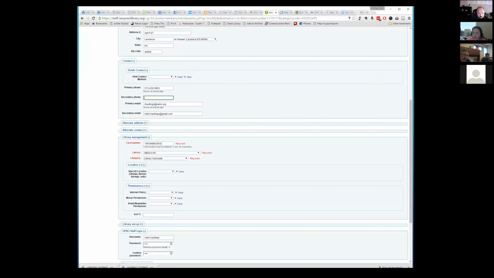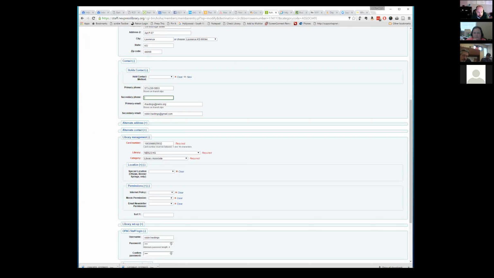But for you, because you are an associate card type, which as you can see is what I am, that also gives me rights to log into the staff side. So this is how I log into both the staff side and my account on the OPAC. If I left this, well, actually, I think I'd have to add the barcode number down here if I wanted to do it that way.